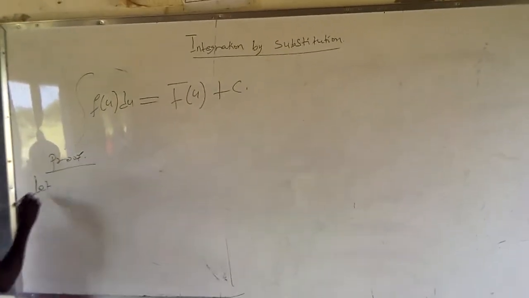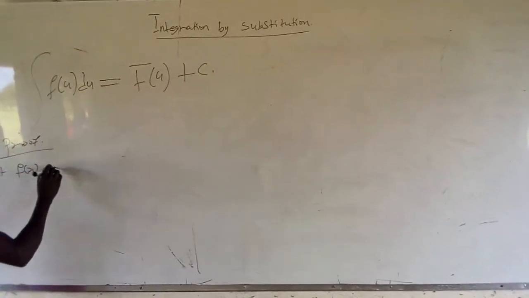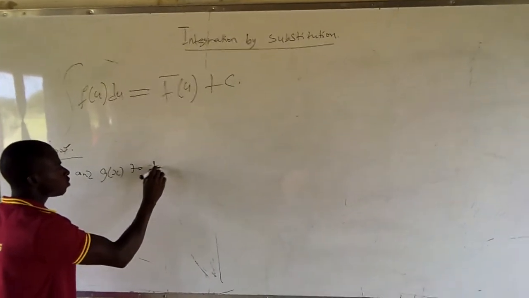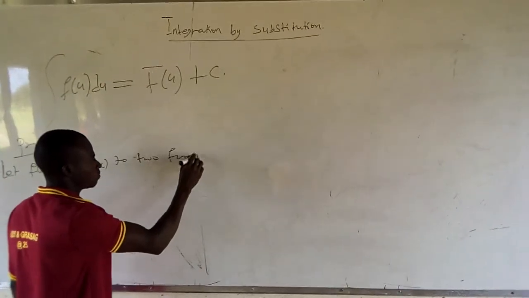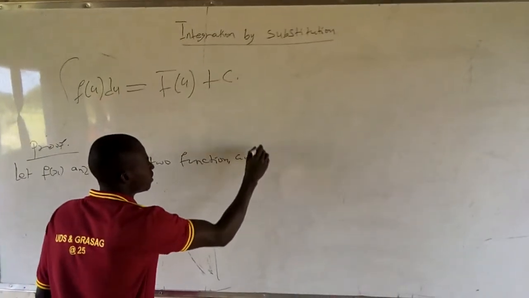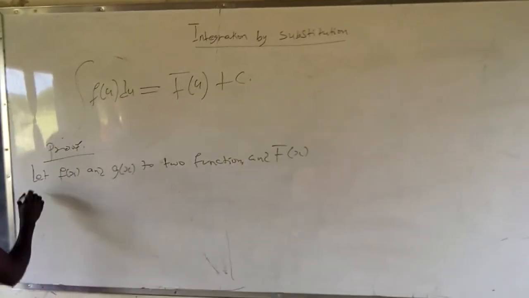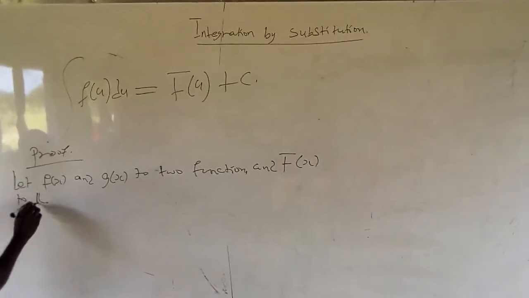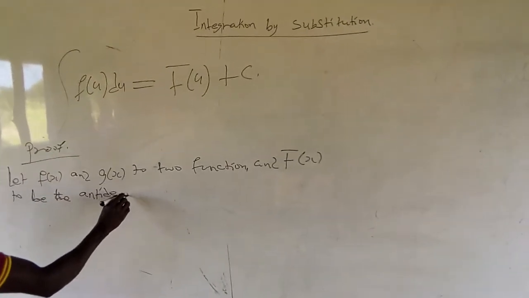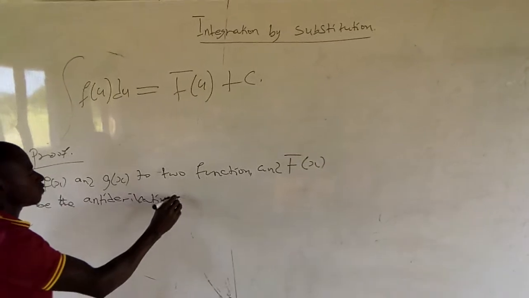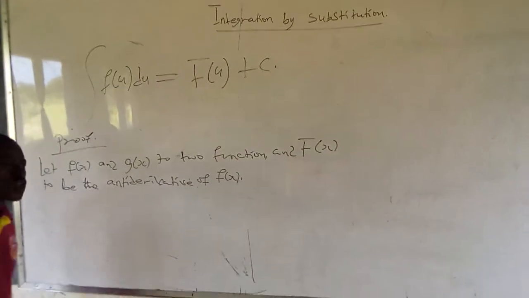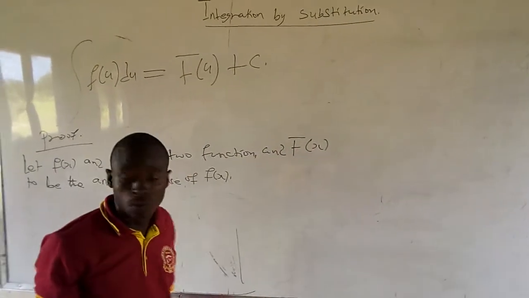Let f of x and g of x be two differentiable functions. In fact, they must be differentiable. And let capital F of x be the antiderivative of small f of x. Now, when we define this, from the chain rule, and of course we have learned the chain rule, we can